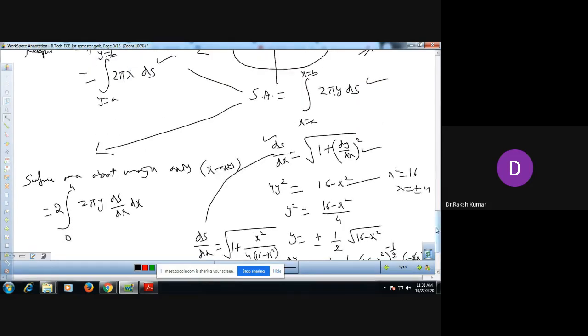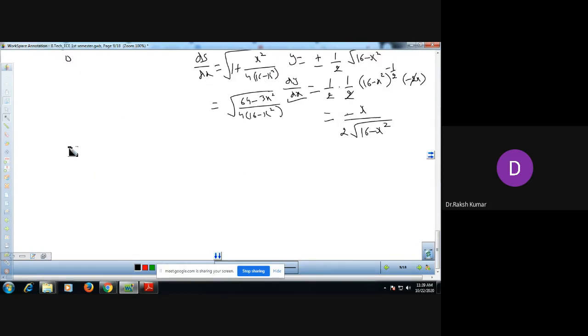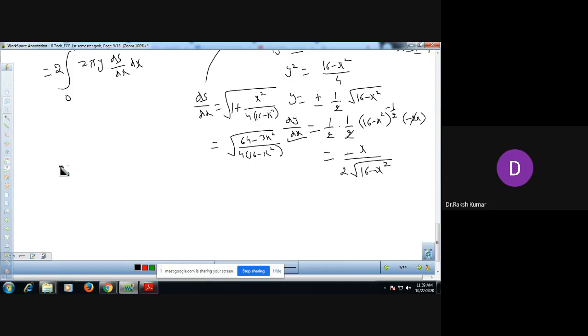You just see the figure. This is the figure we have. You have to revolve about this axis. When you revolve about this axis, it will revolve like this, just like this. It will keep revolving like this. Now the upper part will come, and that is what has to be doubled. So for this volume, what do you have to do? You will find out the volume in this positive quadrant, and make twice of that.